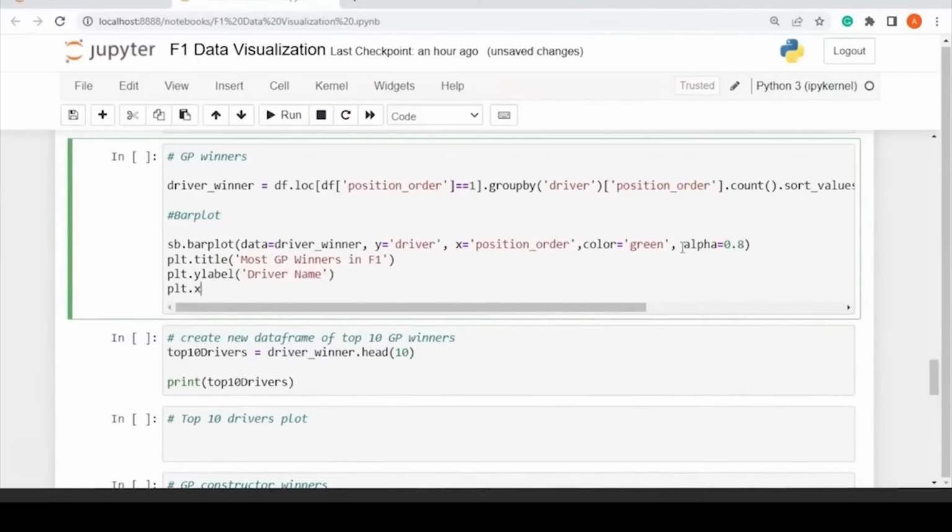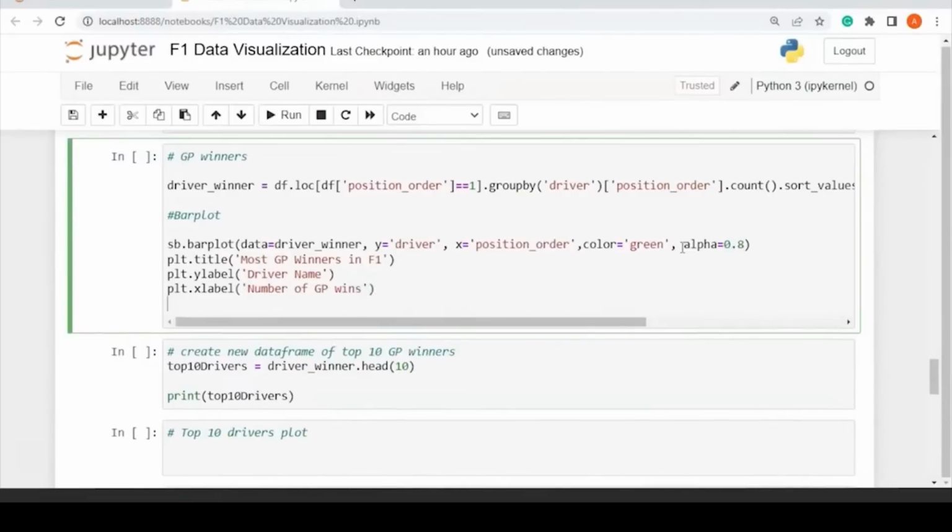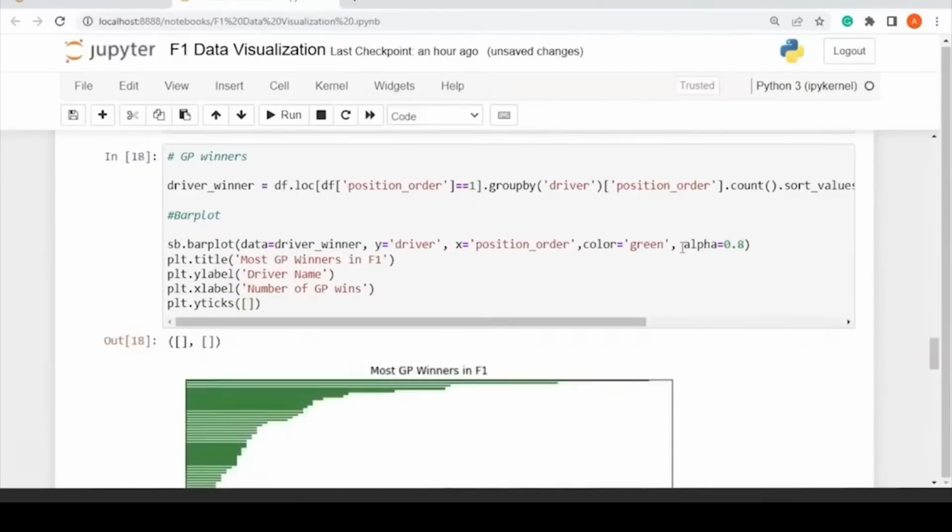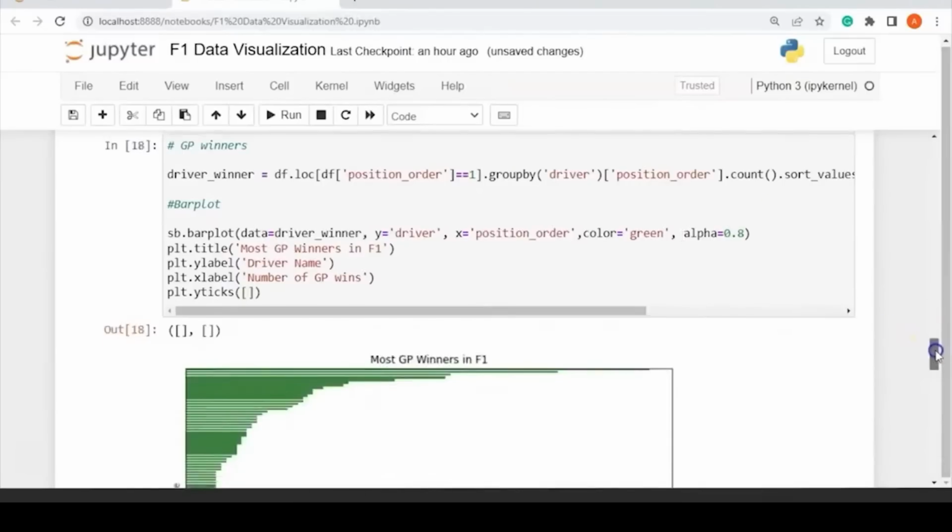We have the X label that will have number of Grand Prix wins, and I'll say plt.yticks. Cool. Let's run it, and you can see we have our first